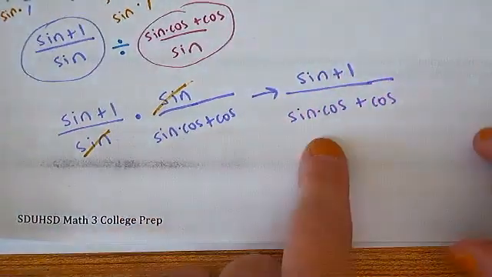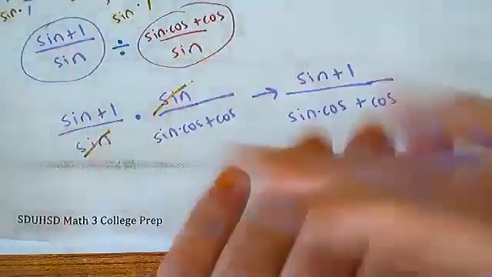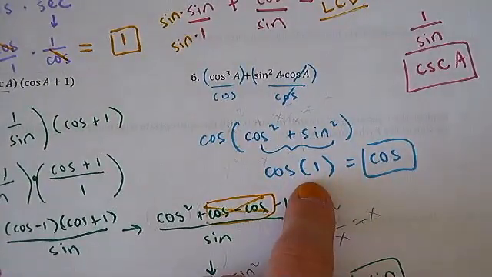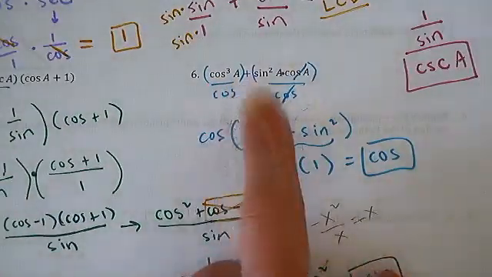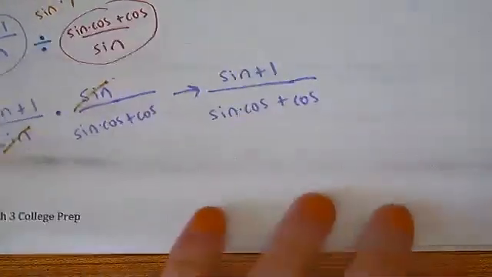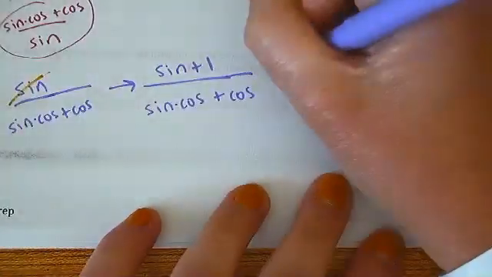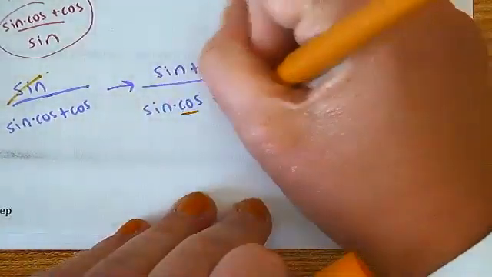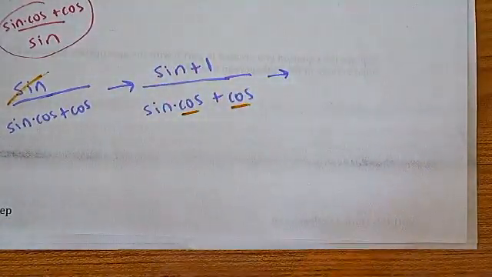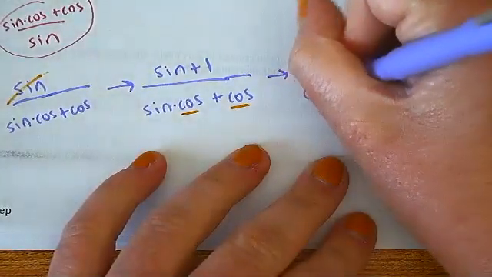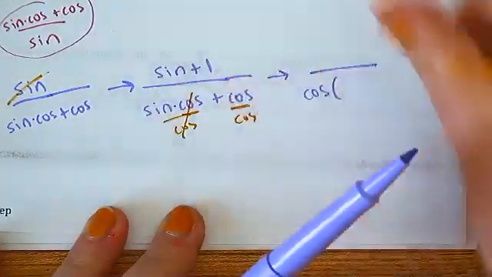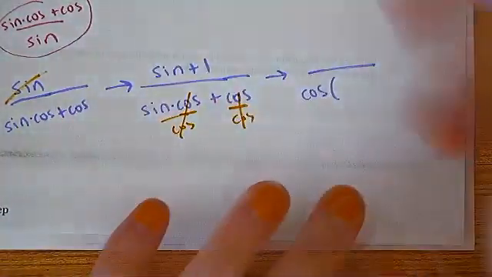If you got stuck here, like, what do I do? Again, think about all of the tricks that I've shown you. What was the trick that we did in the previous problem? GCF. Do it. Go for it. Pause the video. You can do this. Go. What's next? Denominator. What do they both have in common? A cosine. So is that a GCF? Heck yes, it is. So let's take out that GCF, and what's left over if you divide this by cosine and this by cosine? That's here. What's left? Sine